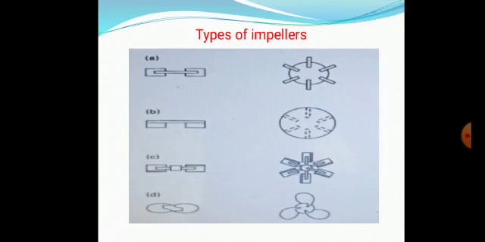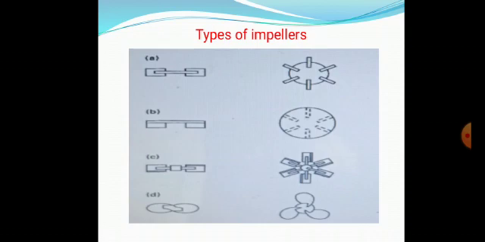For example, you are standing in front of a fermenter. In the left side column, you can see four types, A, B, C, D. They are the vertical view. That means when you stand in front of a fermenter, inside you can see the blades in that way. The right hand side column is the same four types, but when you climb to the top of the fermenter, that is, when you open the lid of the fermenter and try to view inside from the top, it will appear like that. So it is nothing but the same A, B, C, D, only different views: vertical view, horizontal view. The second column is you are viewing from the top of the fermenter.